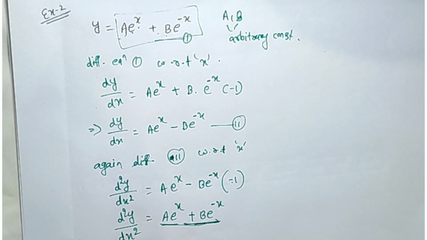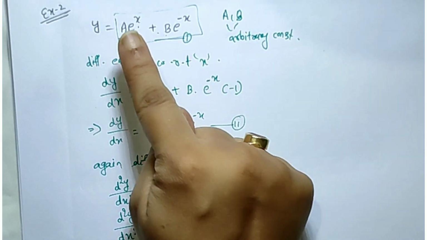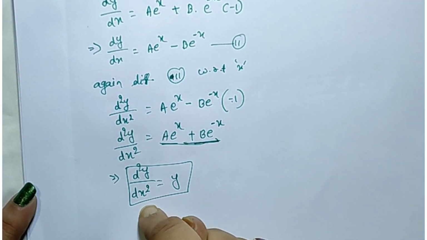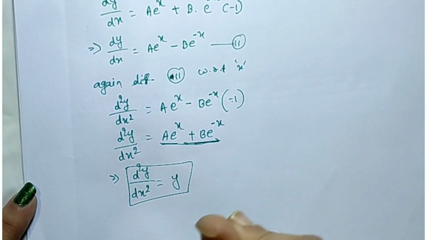Yes or no? Okay, now moving on, in this example we have two arbitrary constants a and b, so we got a differential equation of order 2. From this we know that